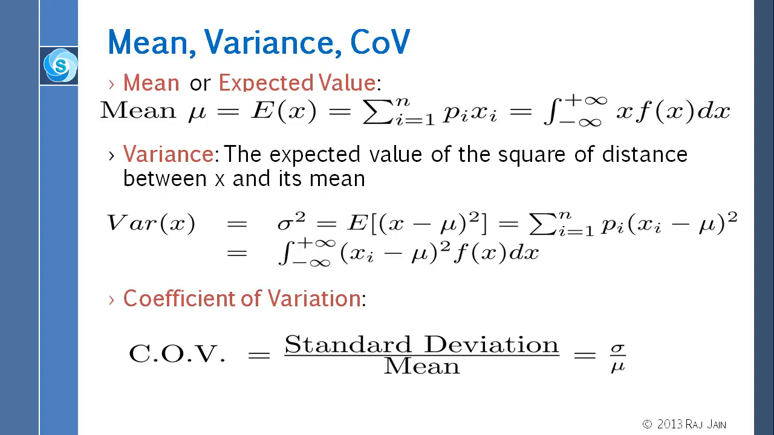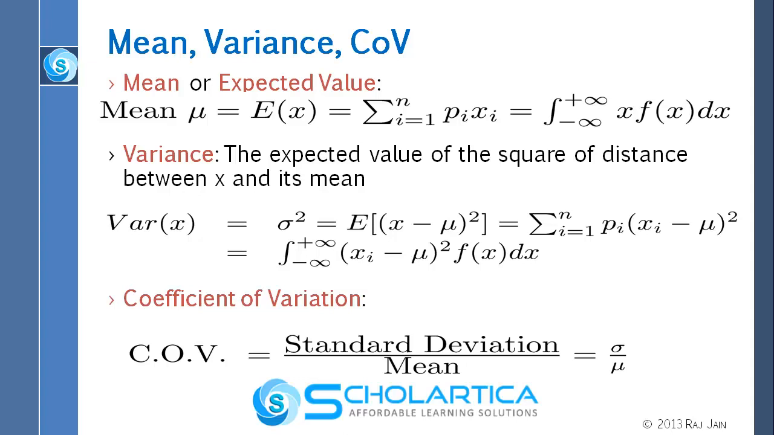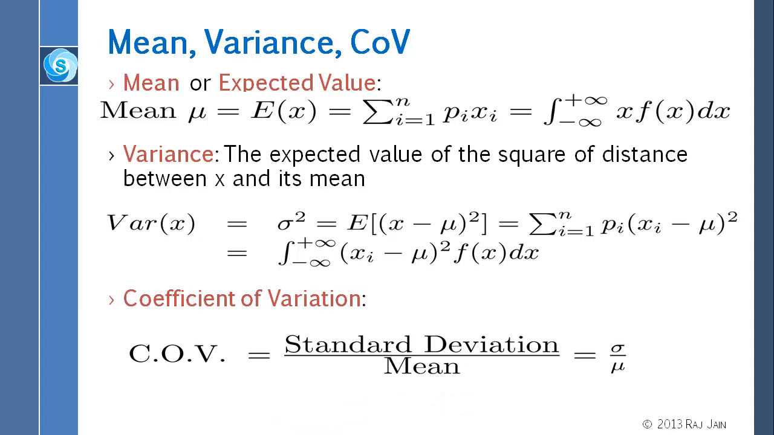The variance is actually the distance from the mean, so the variance is the expected value of (x minus mu) whole square. Either you do it in the case of discrete variables by probability, or in the case of continuous variables by integration. The square root of variance is the standard deviation, and the coefficient of variation is standard